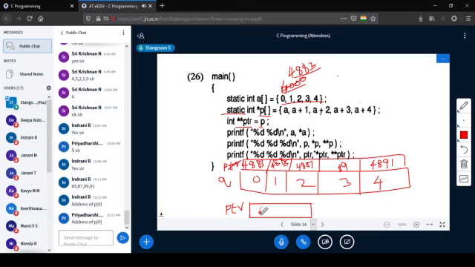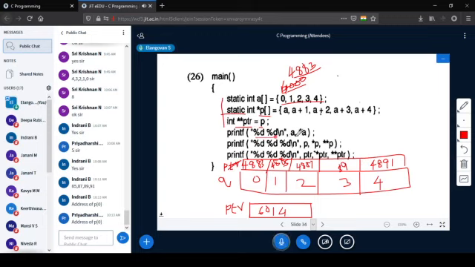Let me take it as 6014. Correct? So this is 6014, 6016, 6020, 22, 24. Correct? The address of all these things. Okay, now with this insight, this is the meaning of this.